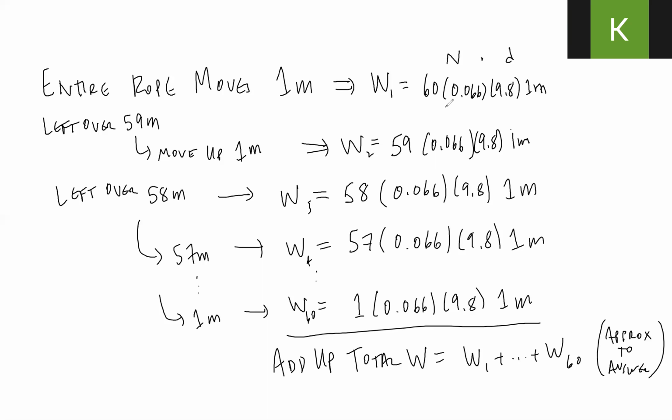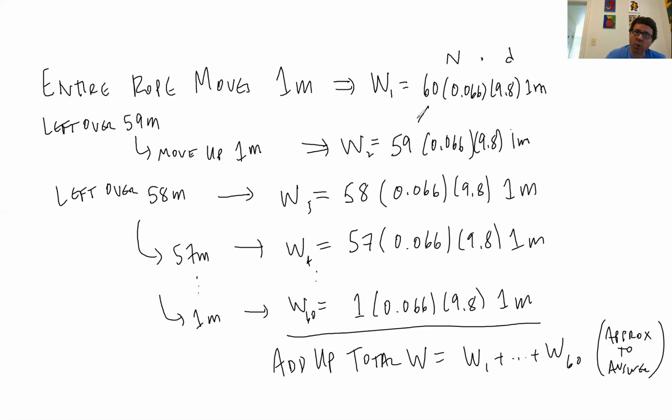But would you have to include that part where the entire rope moves 1 meter as well? Or could you just exclude that? Well, on the very end. Yeah. No, I mean for the first part. I meant, sorry. Well, the point of this is look at what happened. What is happening each time is